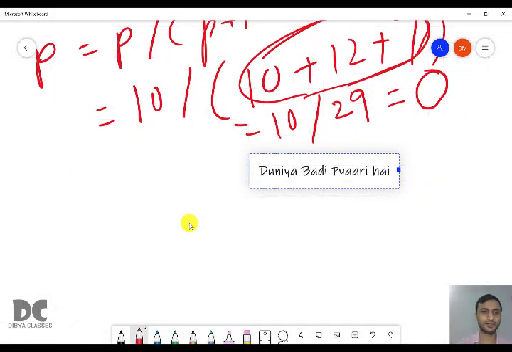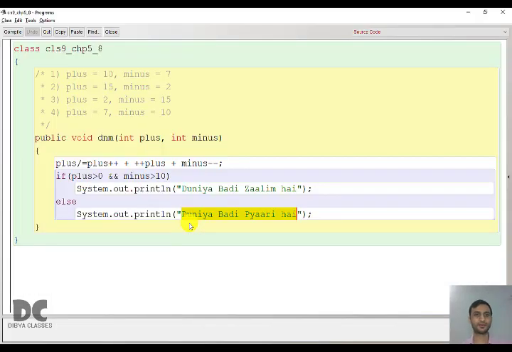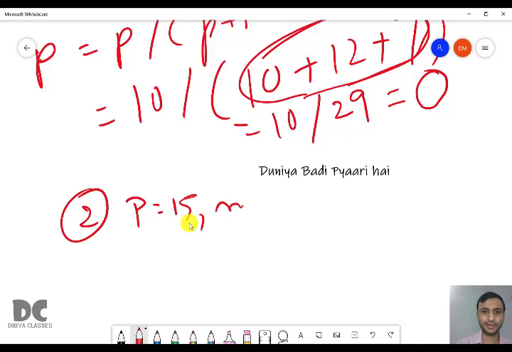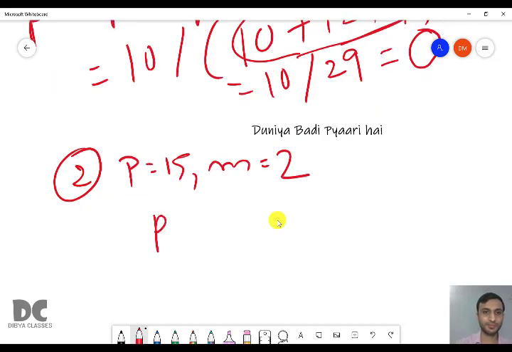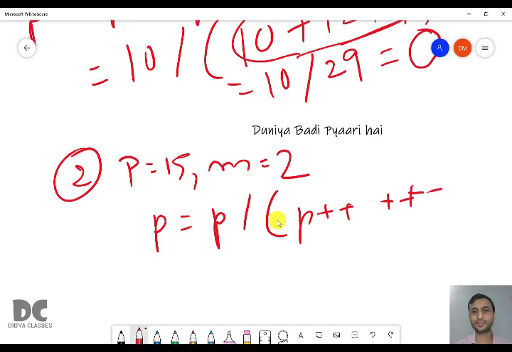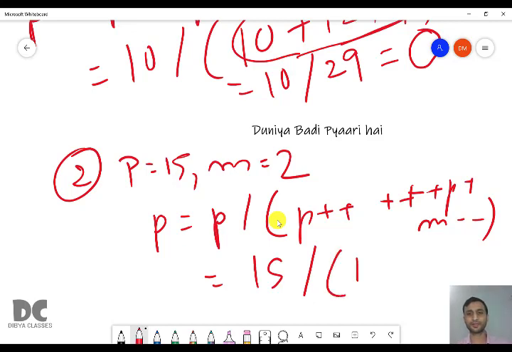Okay. Next bit, we have plus 15 and minus 2. So p equal to p divided by p plus plus plus plus plus p plus m minus minus. It is 15 divided by 15 plus 17 plus 2.